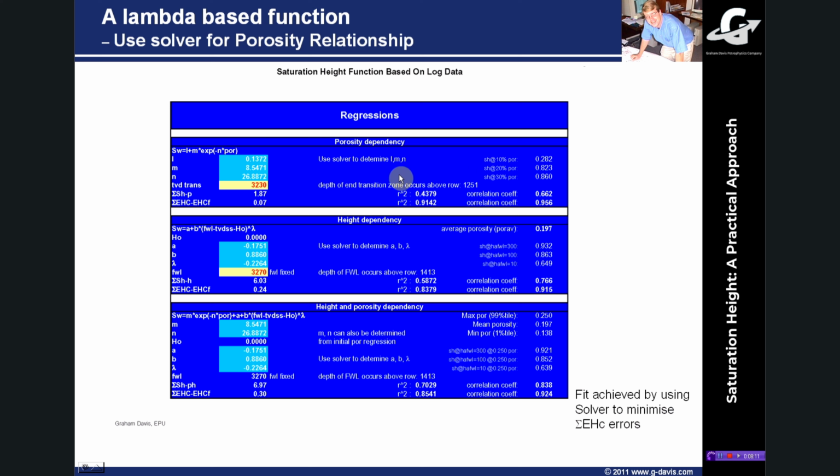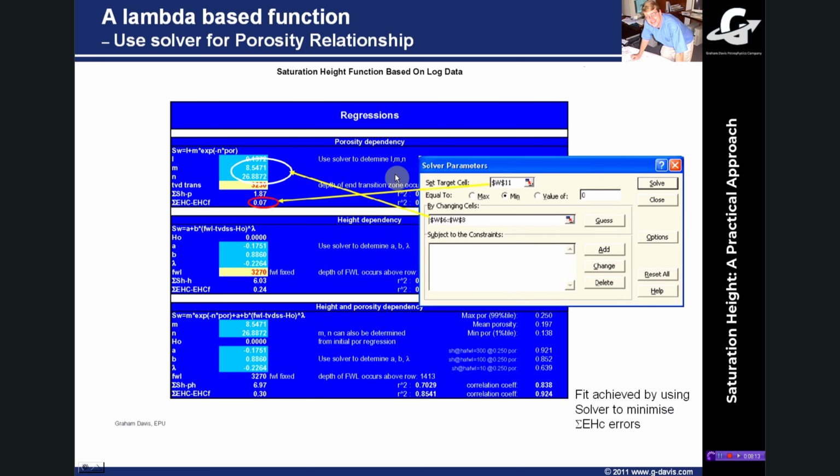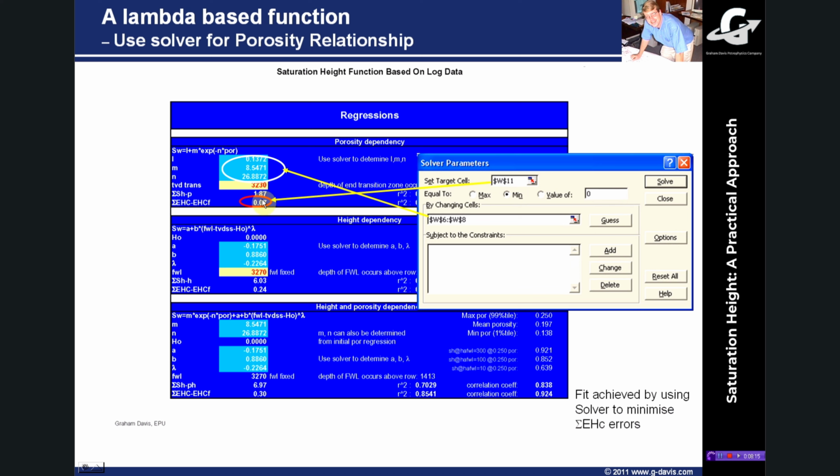Okay, so what you can do then is to use the Excel solver, and what this cell here is the equivalent hydrocarbon column. That's porosity times oil saturation, the differences between the function and the log data, and we run the solver to minimize the error in this term, the equivalent hydrocarbon column thickness, by changing these coefficients to the equation.